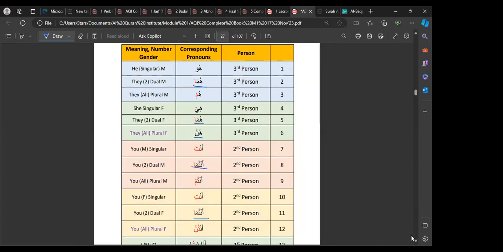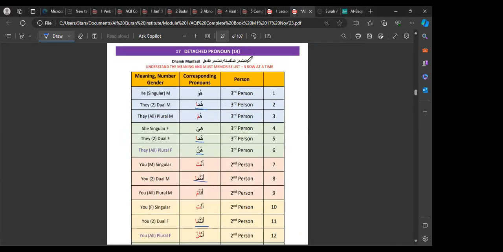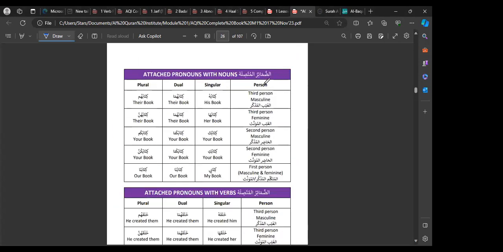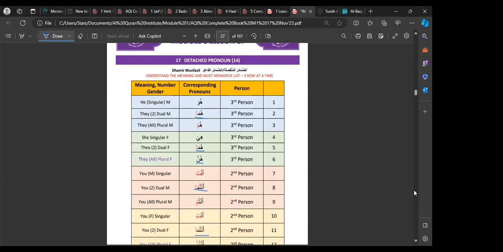I have a quick question. Sorry to interrupt you. You mentioned something right at the beginning, and I don't want you to just carry on without me understanding this bit, if that's okay. You mentioned that Dama'ir al-Munfasil. So just touching back on what attached pronouns are, you said they are what we would regard as possessive pronouns in English, right? Yeah, that's these ones. Now, the detached pronouns, you mentioned that they are what we would call, and I'm so sorry, I was taking notes, but I completely missed the bit that you used. So how would you describe that in the English grammar?